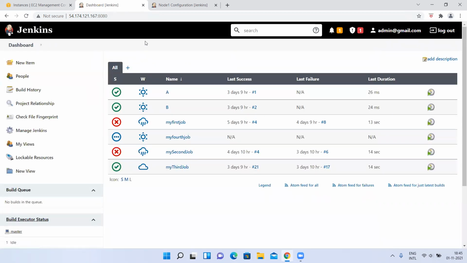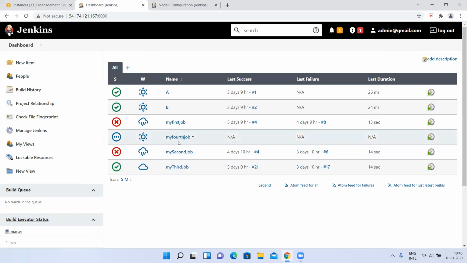Now, I think I already covered this, right? Why do we have to use this master slave configuration? One is for load balancing, as I said, right? Yes, good. Next, one more thing: when we have master slave configuration, why should I restrict a particular job to run only on node 1?